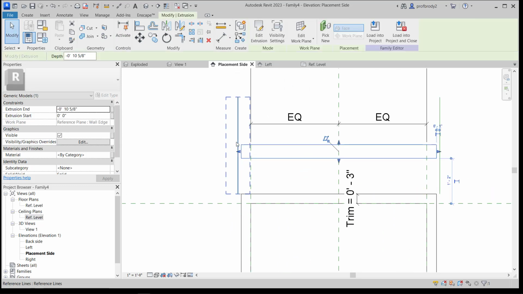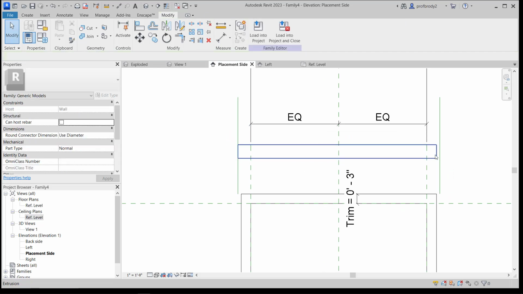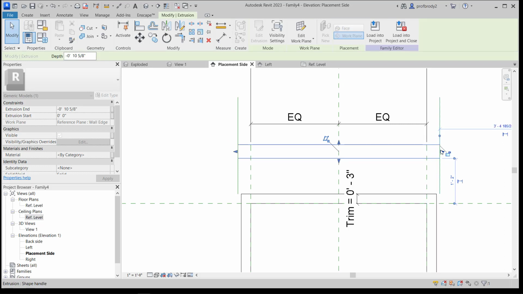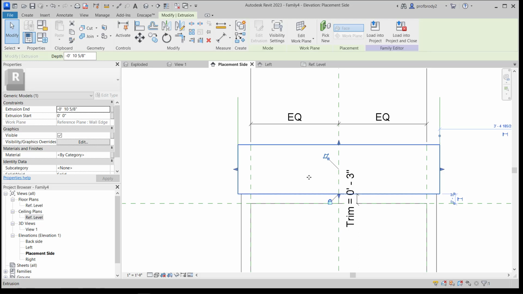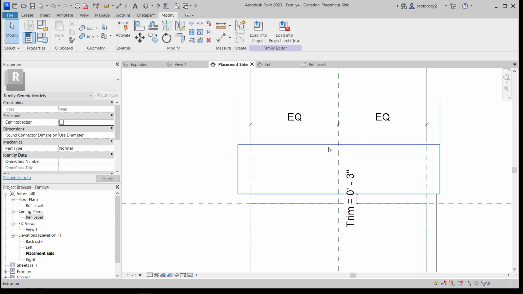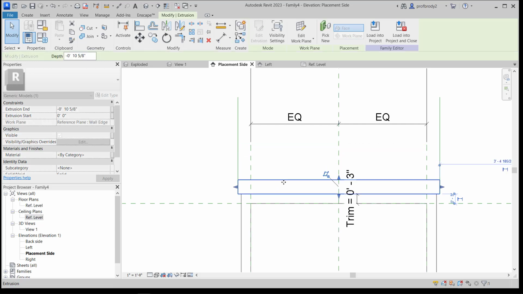And I can stretch my mass that I created so that it hits that line and is locked to it. And same with this side. I can lock it right there. I can also stretch my mass down and lock it to the top of the trim. So in theory, no matter what the size of the trim is, I can have my crown be the right height. Finally, I can put a dimensional parameter on the top of this mass and define the thickness of the